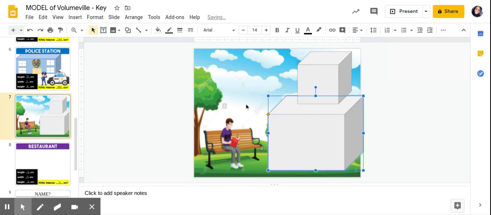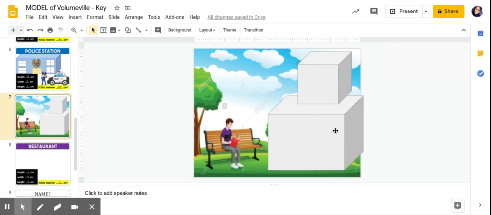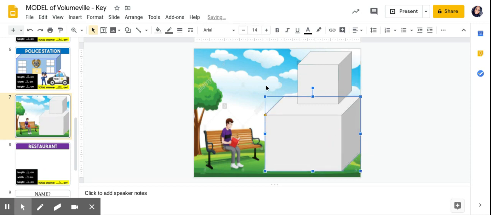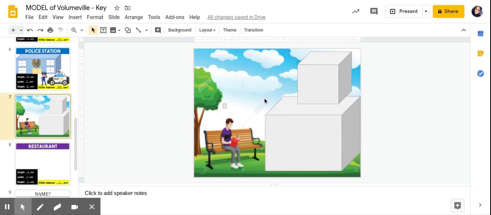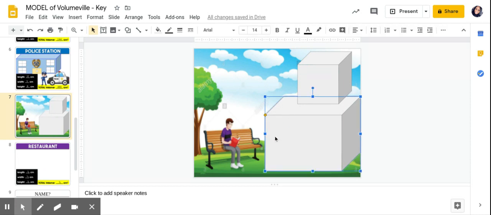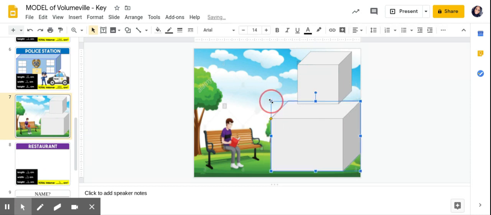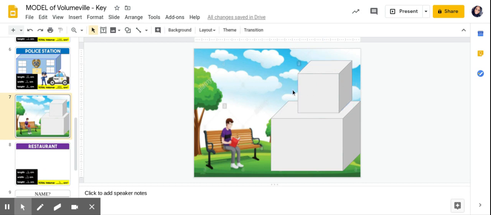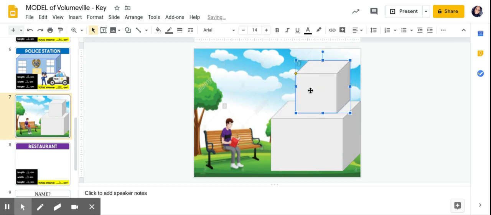All right, so now I have my prism. Make sure it stays inside. I'll make it a little smaller, and I don't want it floating in the air. All right, so sometimes when you go to a library, you'll notice that there's poles in front of the library. So I want to add some poles. Now, those poles, when I add them, they won't be calculated into my volume. So I'm going to go ahead and add some poles